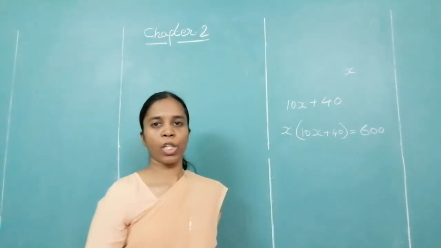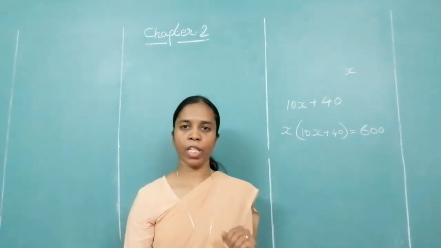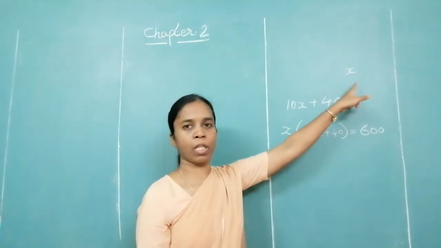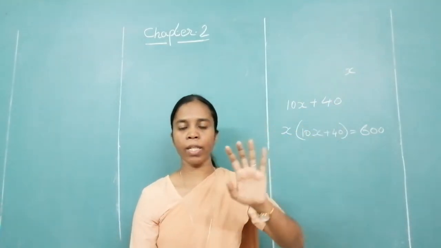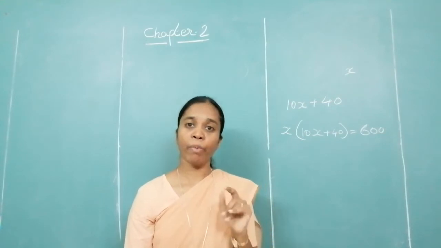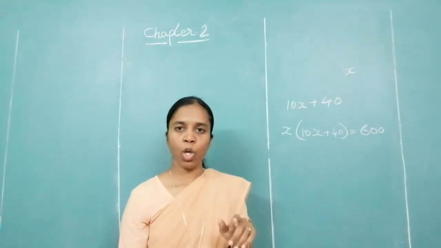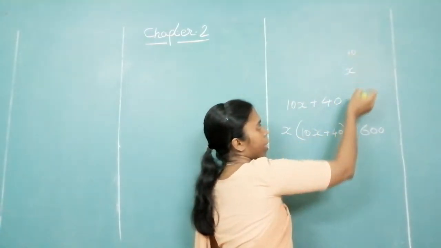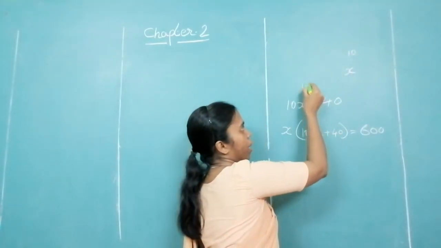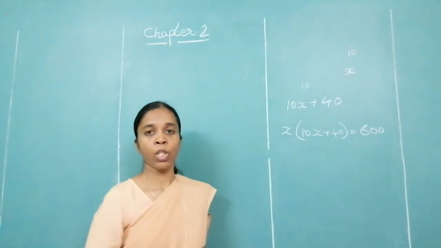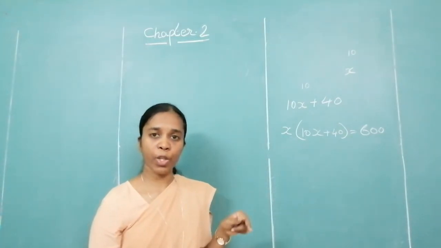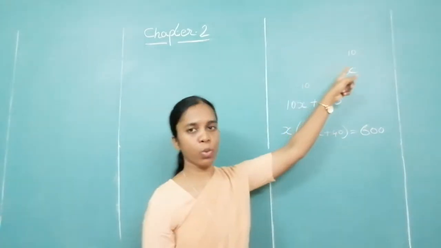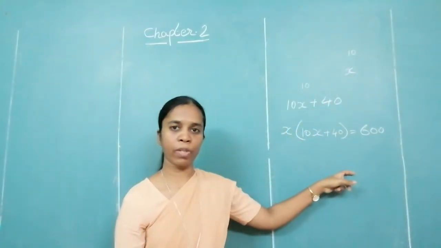This is like you are making pens. You have a factory, you are making pens. How many pens do you make each day? You make x number. Okay, you are making 10 pens each day. What is the cost of one pen? Cost of making one pen is 10. So altogether, how much are you getting per day? What will be the cost for the entire day? 10 into 10. That is a multiplication. That is what you have written over here.